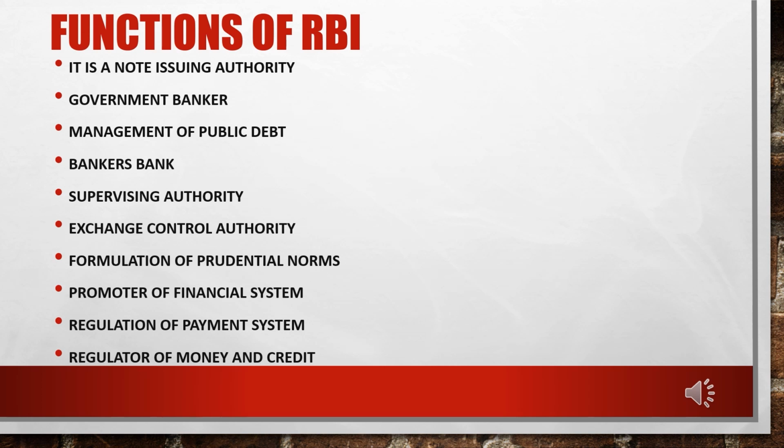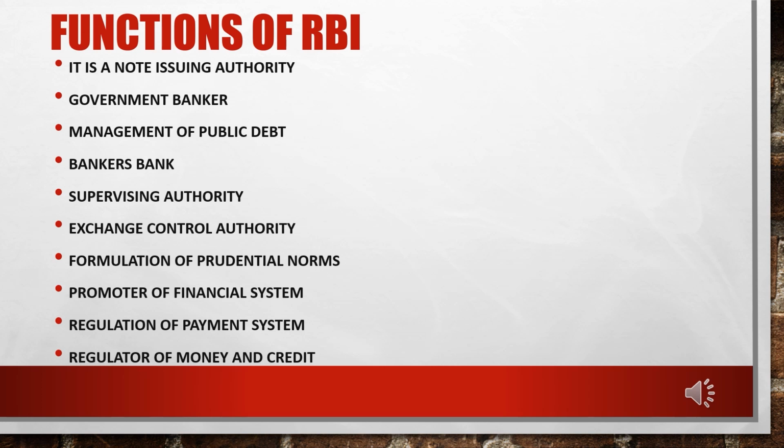As I already told you, it is the regulator, the supervising authority. So what kind of supervisor is RBI? What kind of jobs do they supervise in this banking system? It issues the license for the establishment of new banks. You might have known that 2-3 years back there were many private banks who got the license. Only RBI has the authority to issue these licenses.